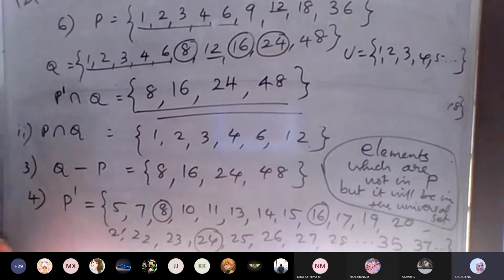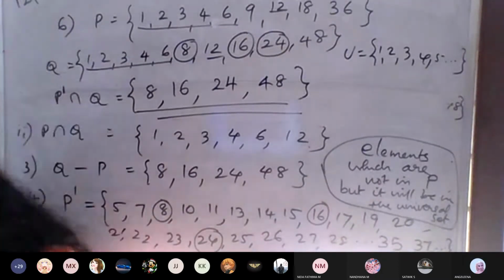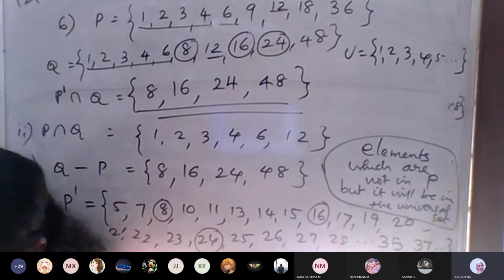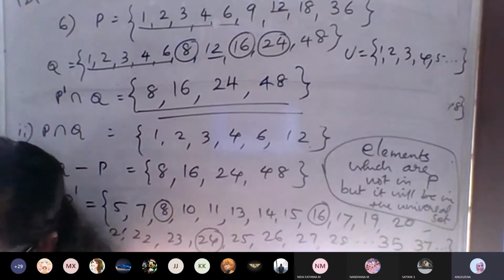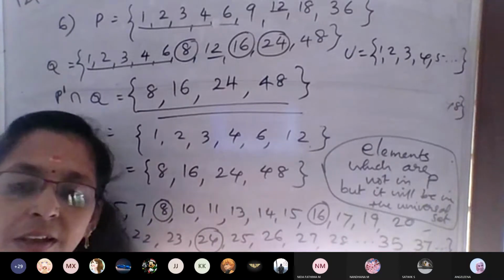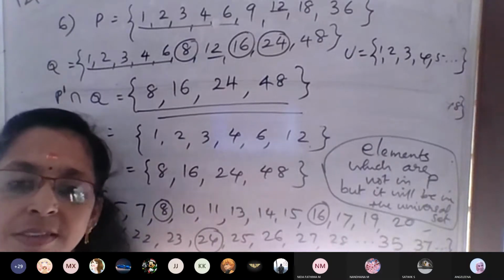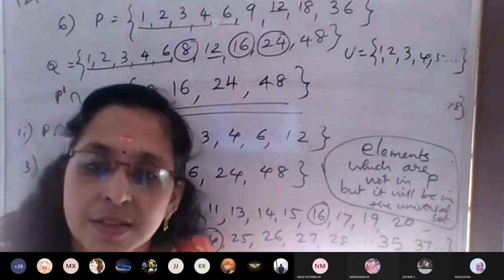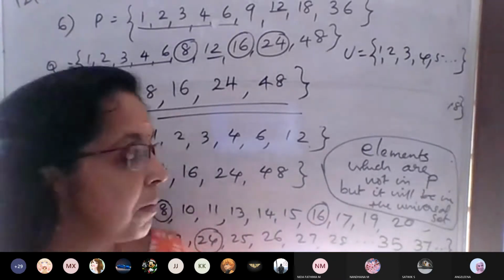Seventh set, 7, 6 to 1. B minus B is what? B minus B is the null set. 2 minus 2 we would write as 0, 3 minus 3 is 0. In the same way, set B minus set B.